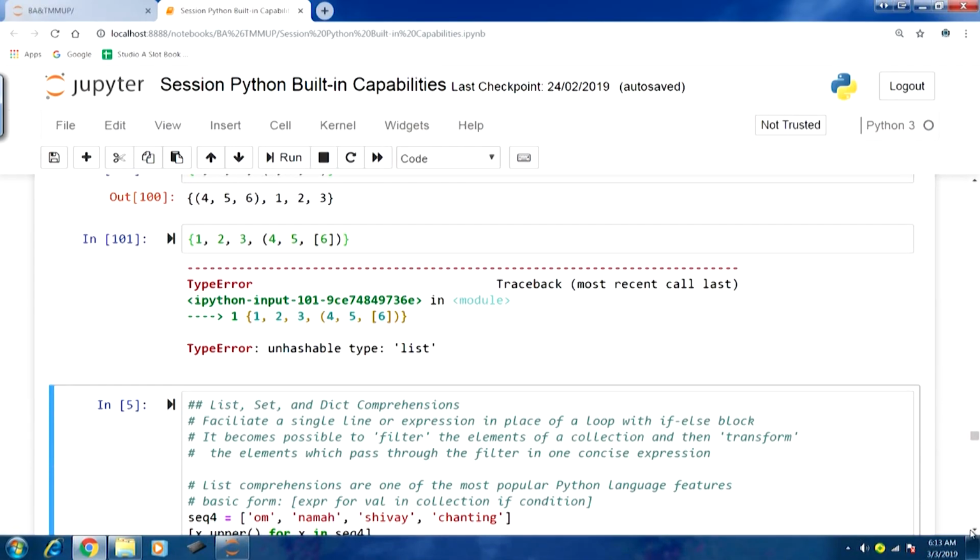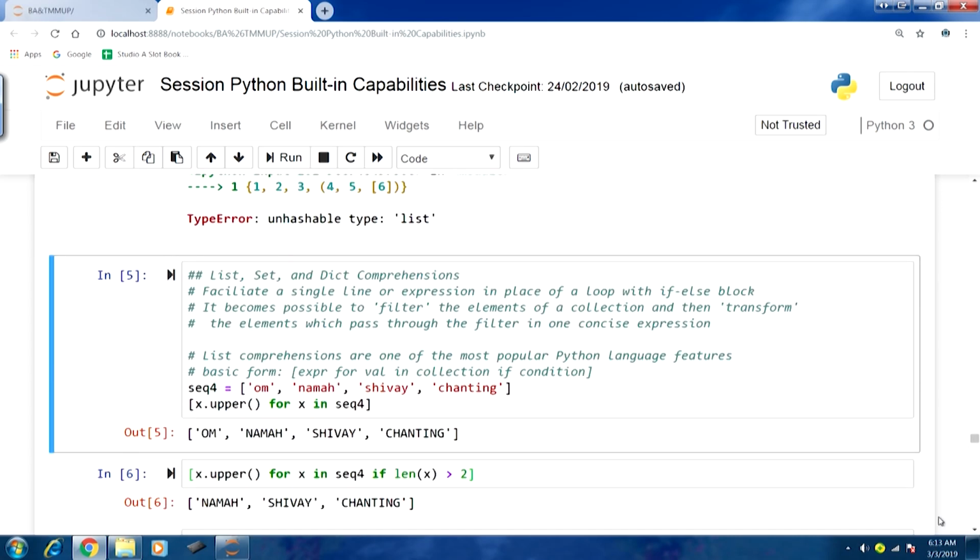So, let us first start with list comprehension. They are one of the most popular Python language features. How are list comprehensions coded? The basic form is within a list, that means square brackets. First the expression, which is about transforming the filtered elements, whatever operation we want to perform on the filtered element.